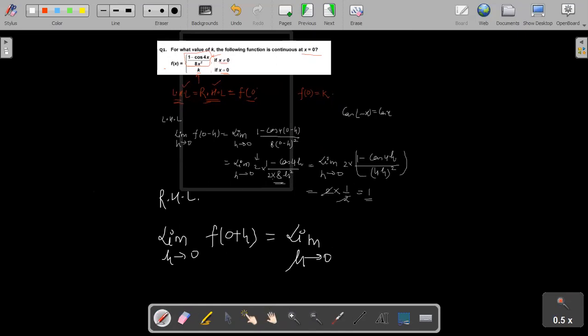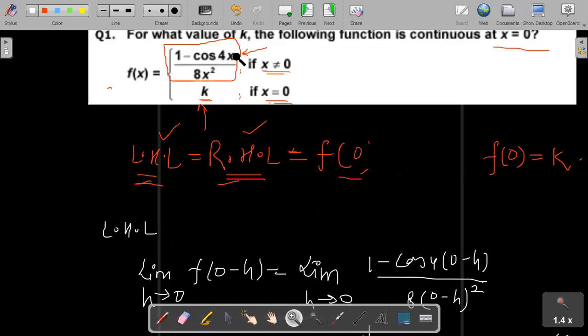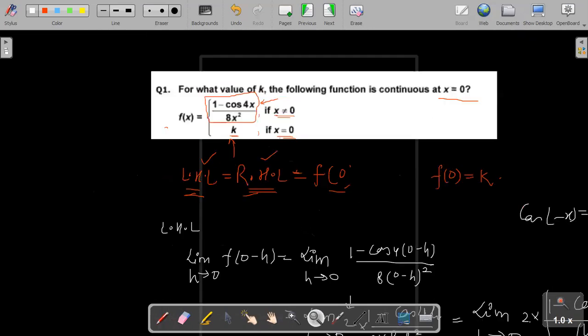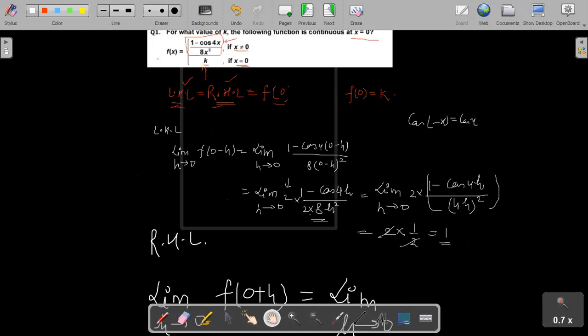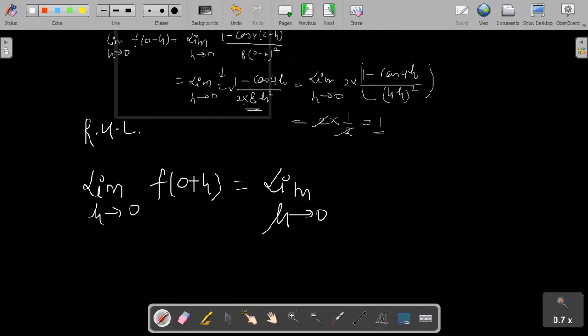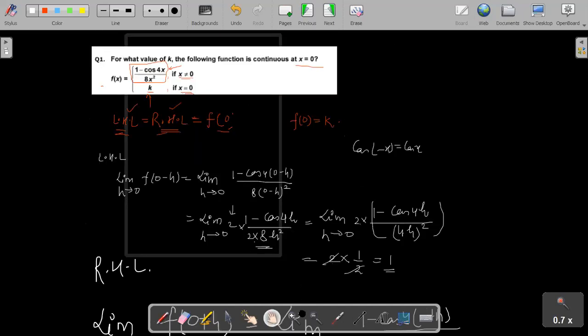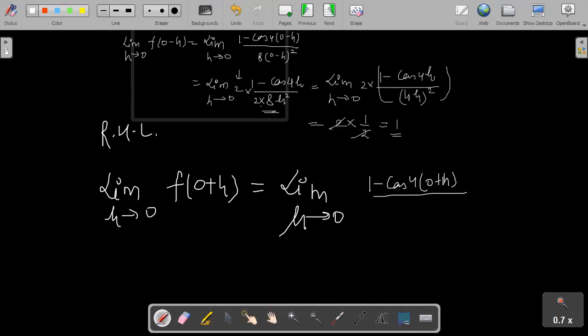Again, I have to substitute 0 plus h in the same expression, in the place of x. That means 1 minus cos 4 times 0 plus h, divided by 8 times